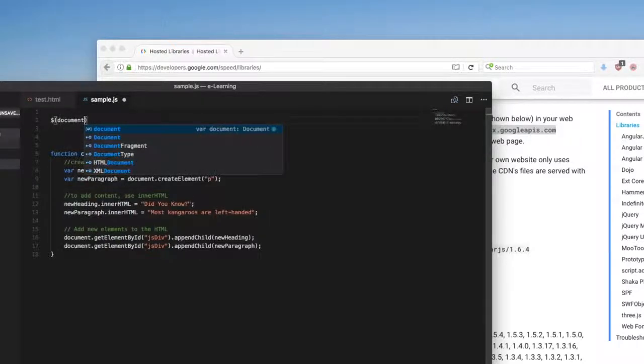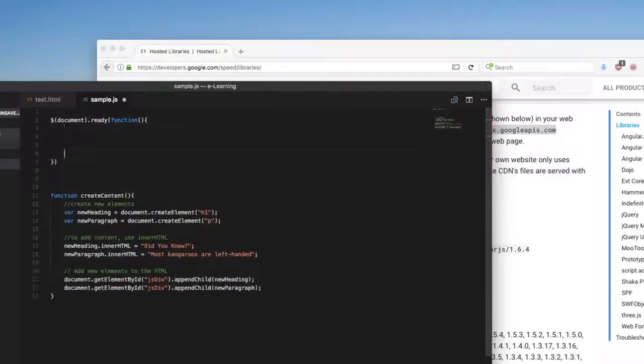So in this case, document. This is my entire page, and on the condition when the document is ready, I will call a function, and inside my callback function, let's filter some events